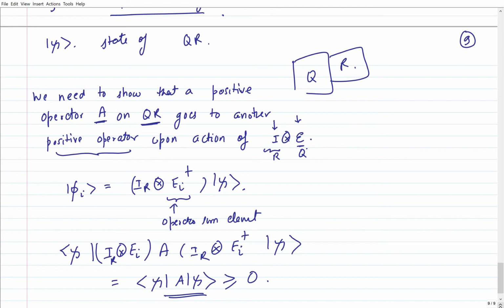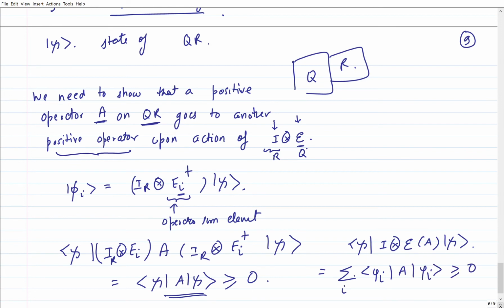So if this is true for a single I, well, this is true in general. So what I have is just the sum of these guys, and that's going to give me something greater than 0. So the bottom line is that I started with